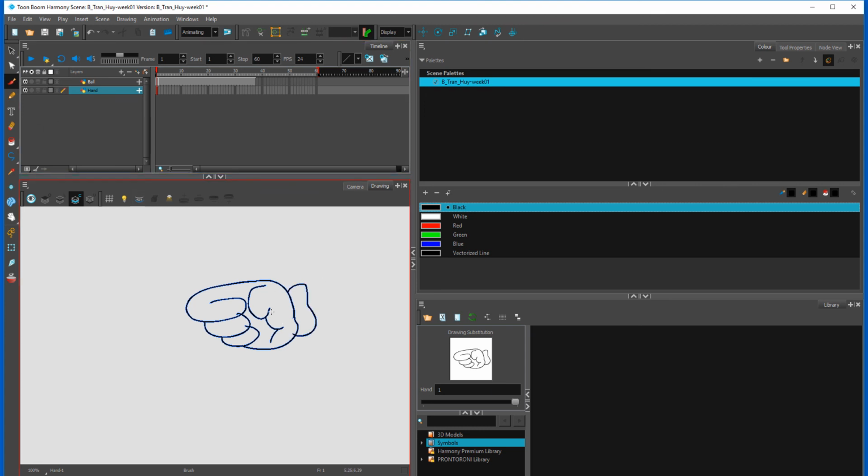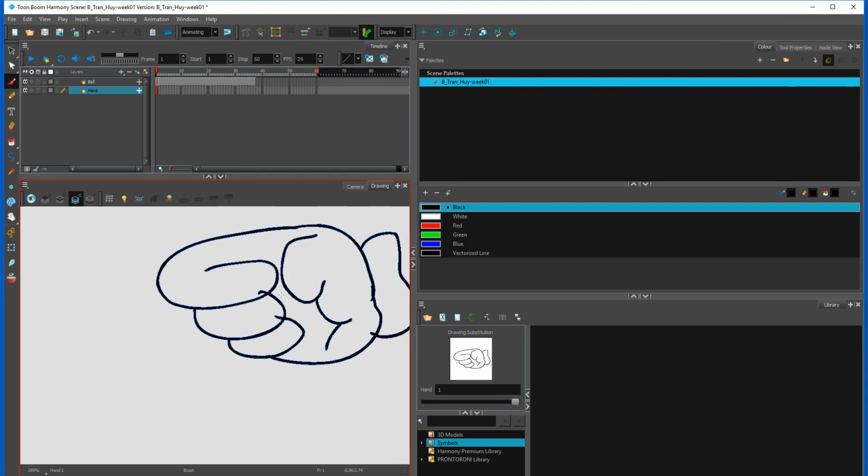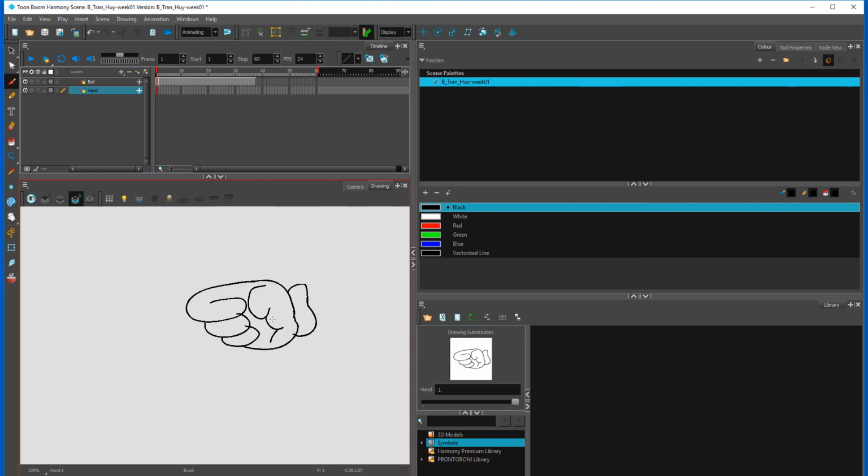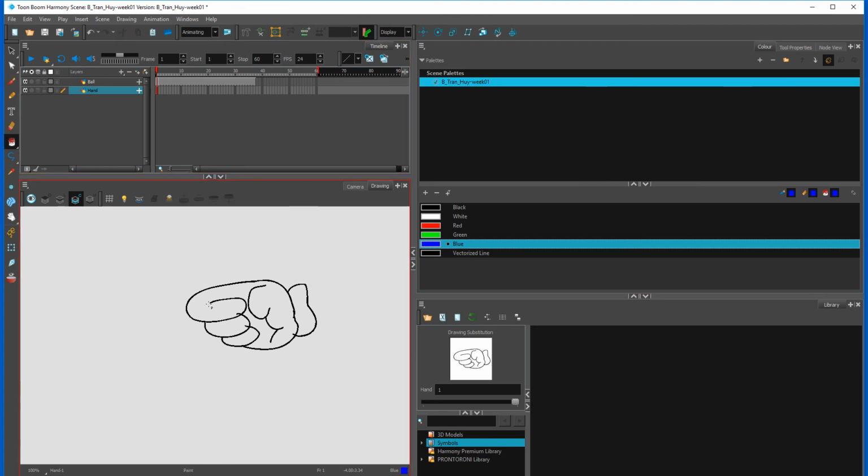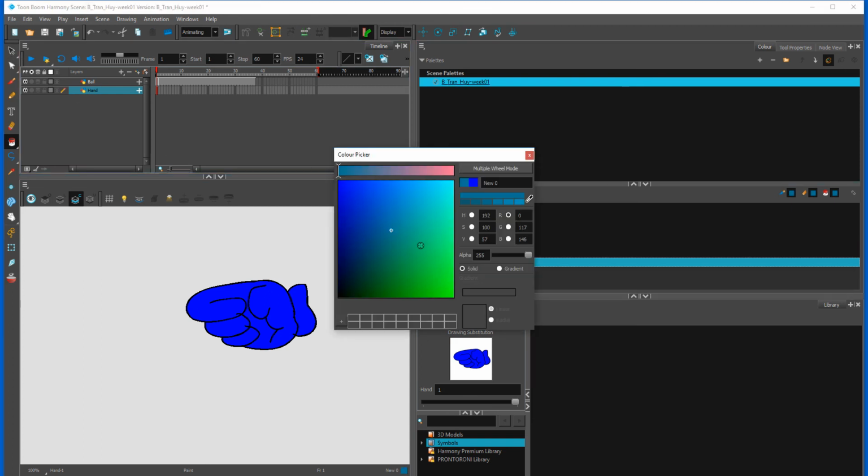Okay, so here's my hand. Now there's a blue outline there. All you have to hit is K to get rid of the blue outline if you find it annoying. Alright, I'll just fill this with blue for now. Now, suppose, oh, that's a terrible blue. Let me find something a little bit more